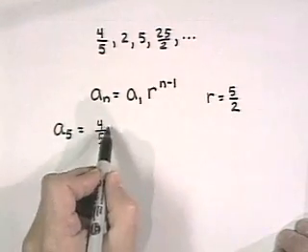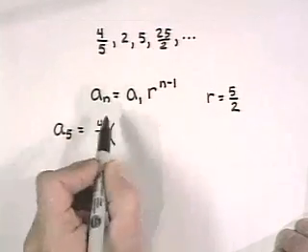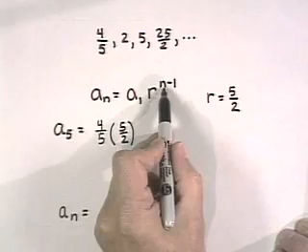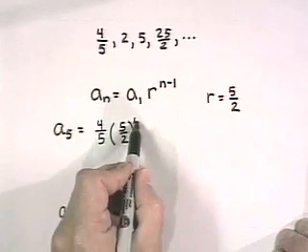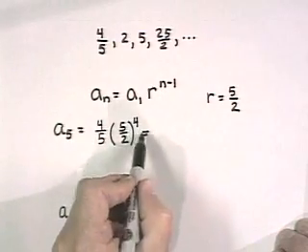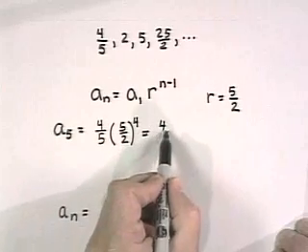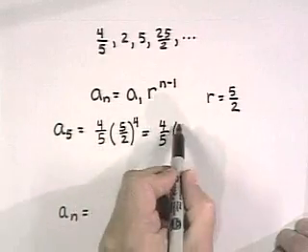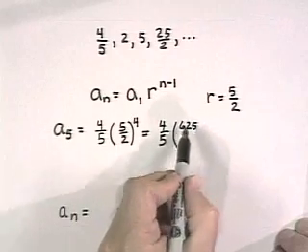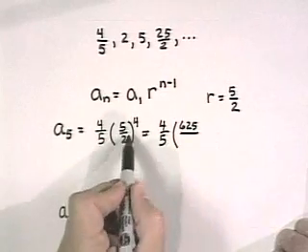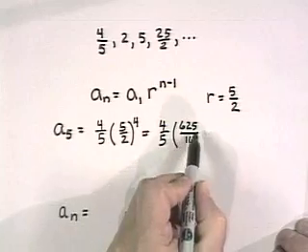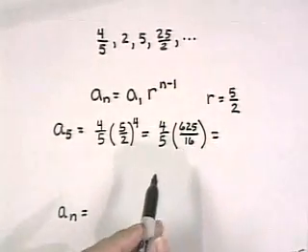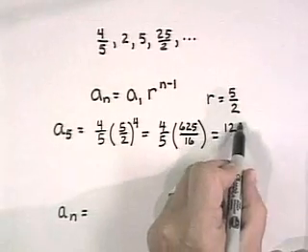So now we can go back and put in r as 5 halves, and n is 5, 5 minus 1 is 4. We can now go ahead and do our arithmetic. 4/5 times 5 to the 4th power is 625, and 2 to the 4th power is 16. Multiplying that all out, we'll get 125